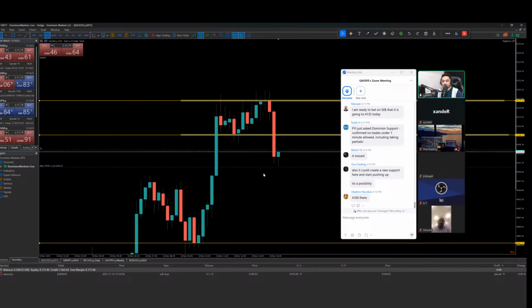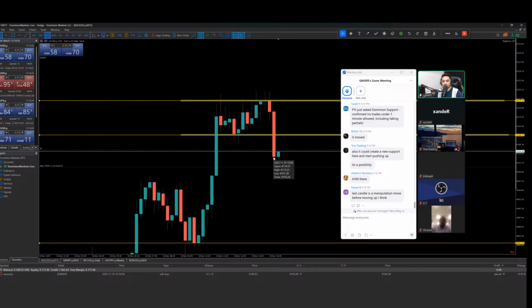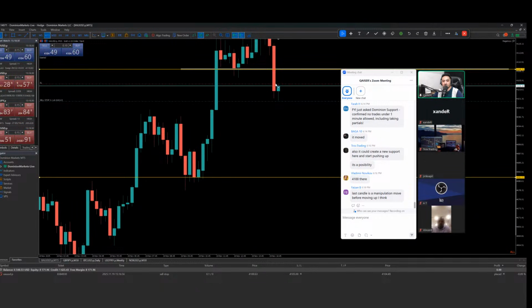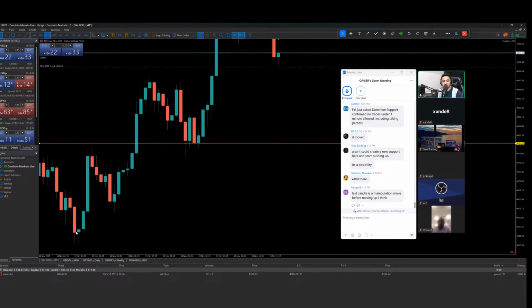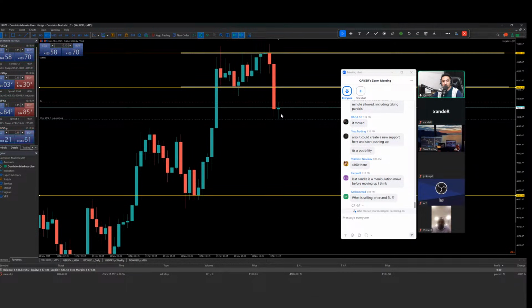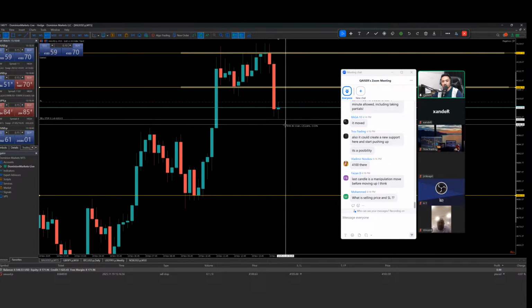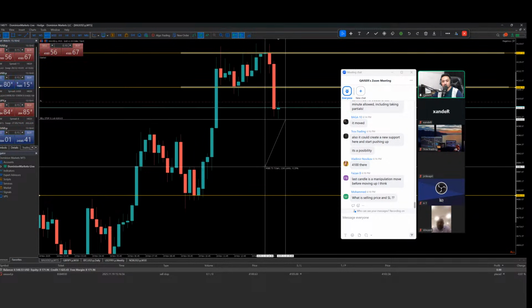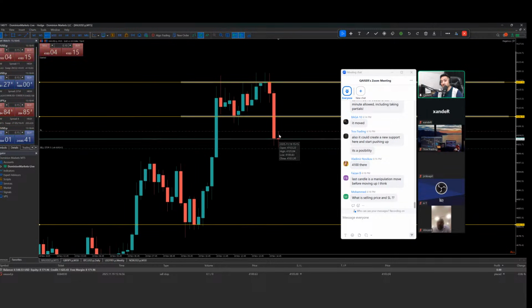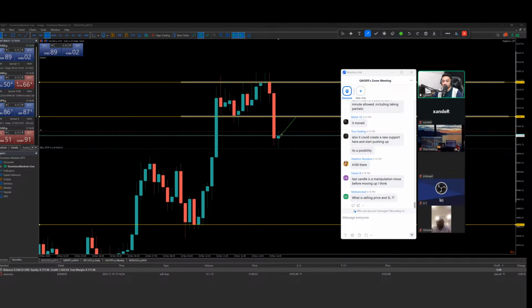Okay, let's see. 4100 there, but we'll see. Look at this candle, how it closed. Any kind of this candle you see somewhere here, anywhere here. So if this current candle is going to break its own low, there's a probability with the volume of NY it could continuously push to a downside. And if it really wanted to continuously push upside, then there is no business for this candle to come down and break its own low. If it comes down and breaks its own low, there is a probability it will fill this range.